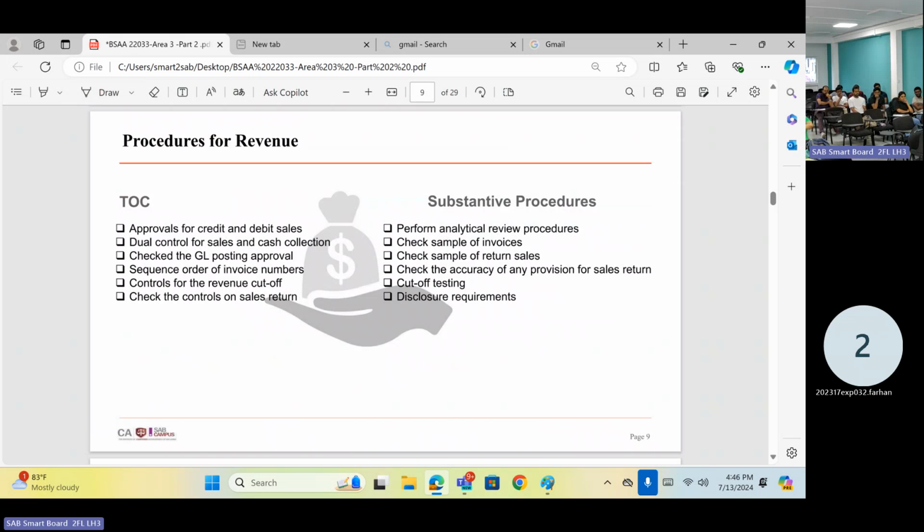You may have loans or borrowings, right? What's the approach you are going to take? You are going to do a full substantive approach. You may not have many loans and borrowings. You have 3-4 borrowing facilities, and you can count the installments. And we have the agreement. What do you have to do as an auditor? You can check the agreement, check the application, check the approval for this borrowing facility, and check the payment.